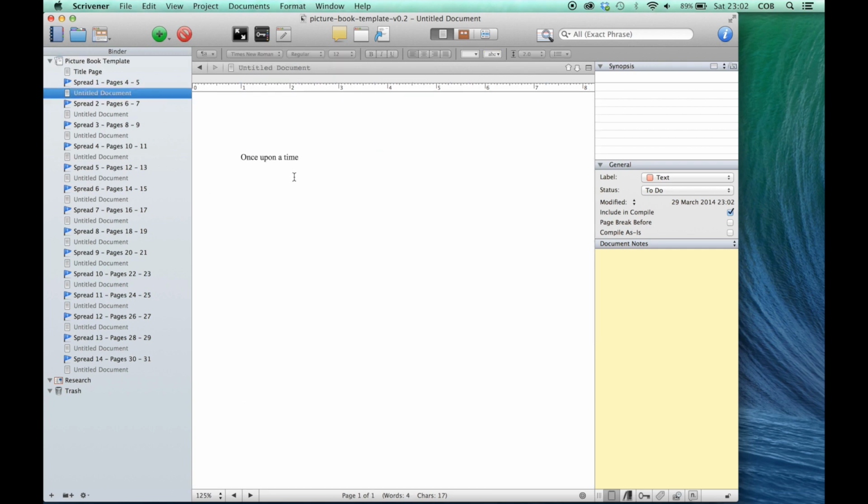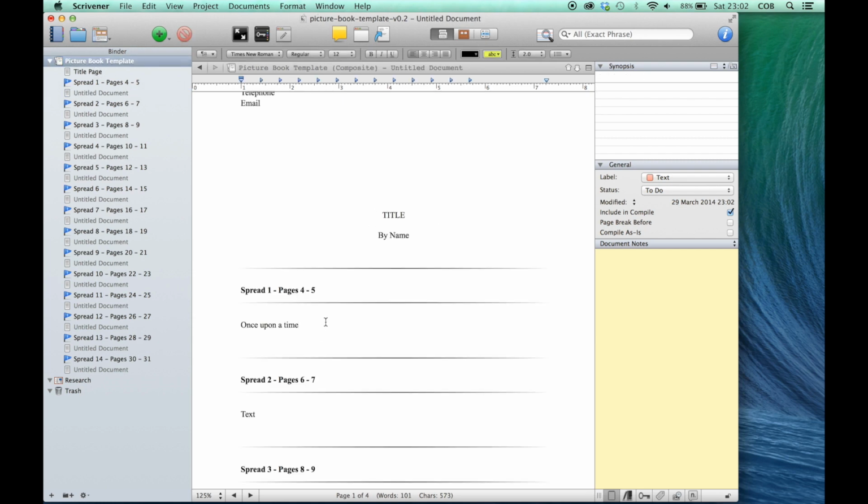But if I just select the picture book template once more and click back on once upon a time, I can now show you how this corresponds to the synopsis. That button there in the top right hand side brings your text into the synopsis, and then you can also type your own title in there, and this is useful for when you're using the corkboard view, for when you're using your index cards. So if we have a quick look at what that looks like now in the corkboard view,